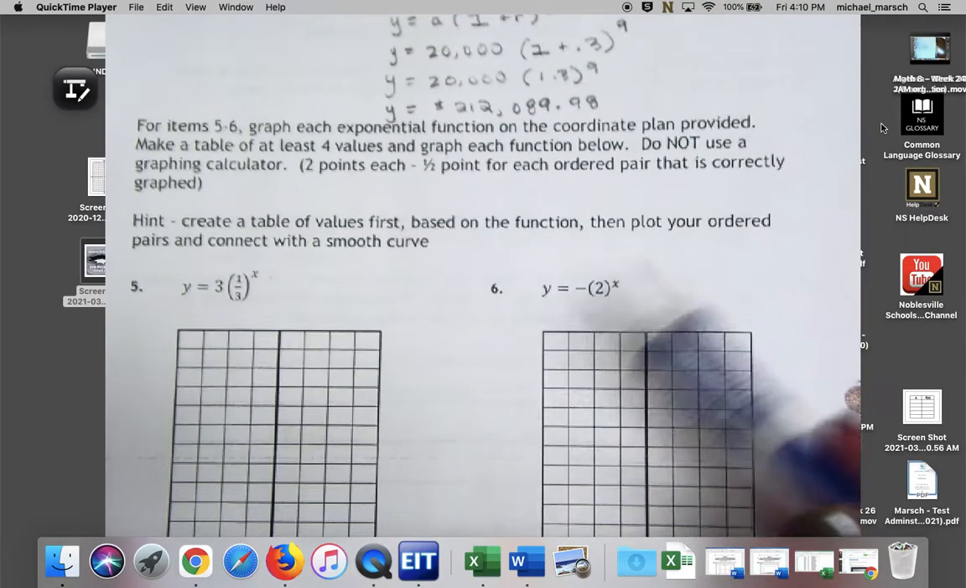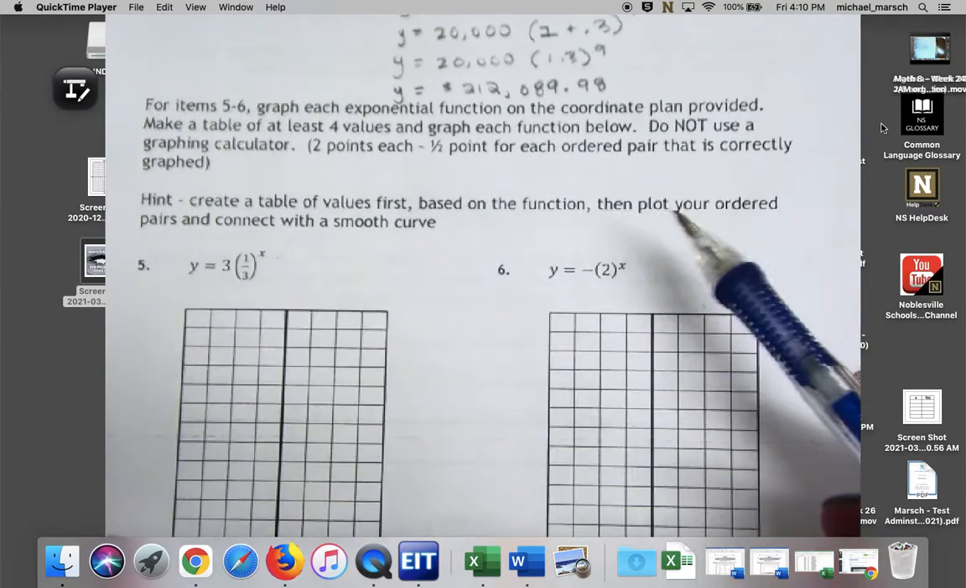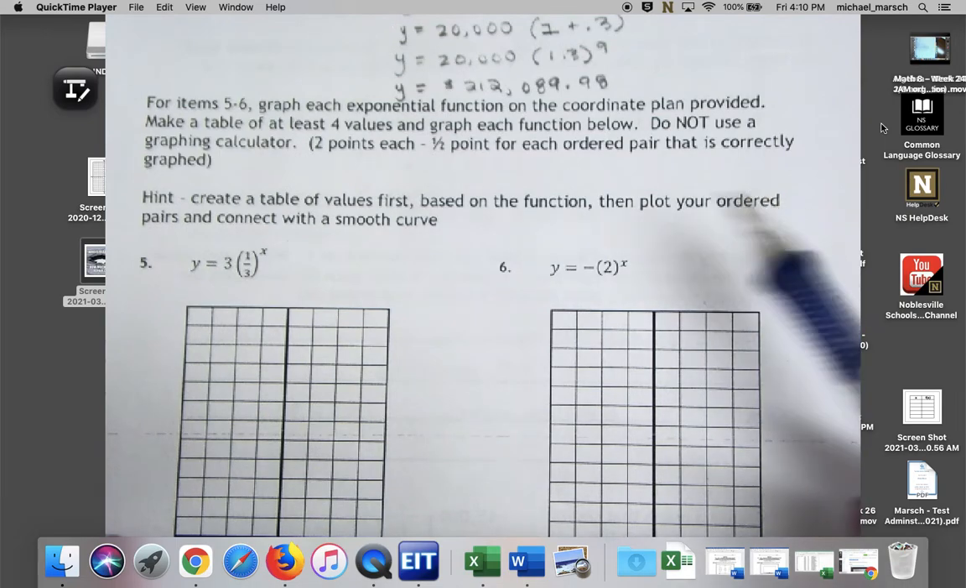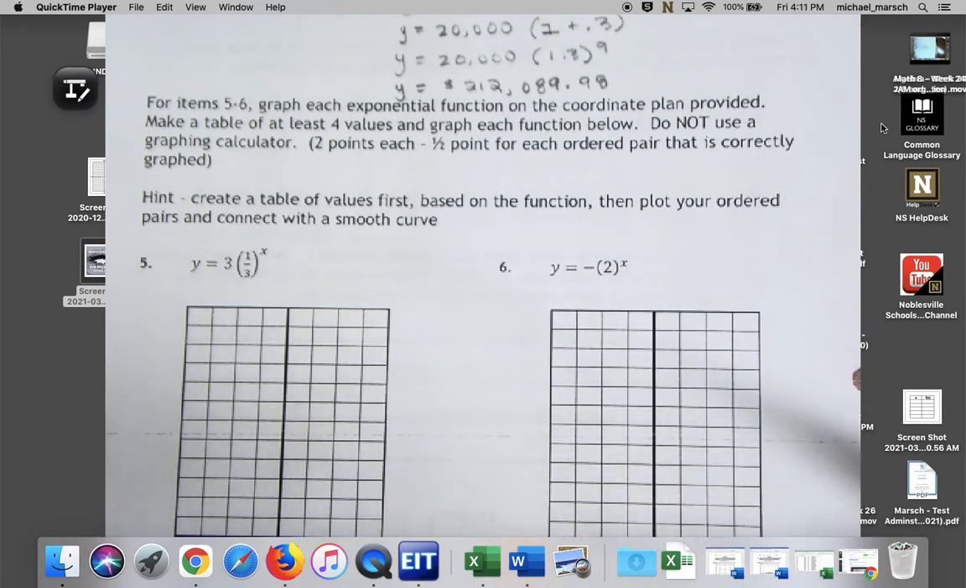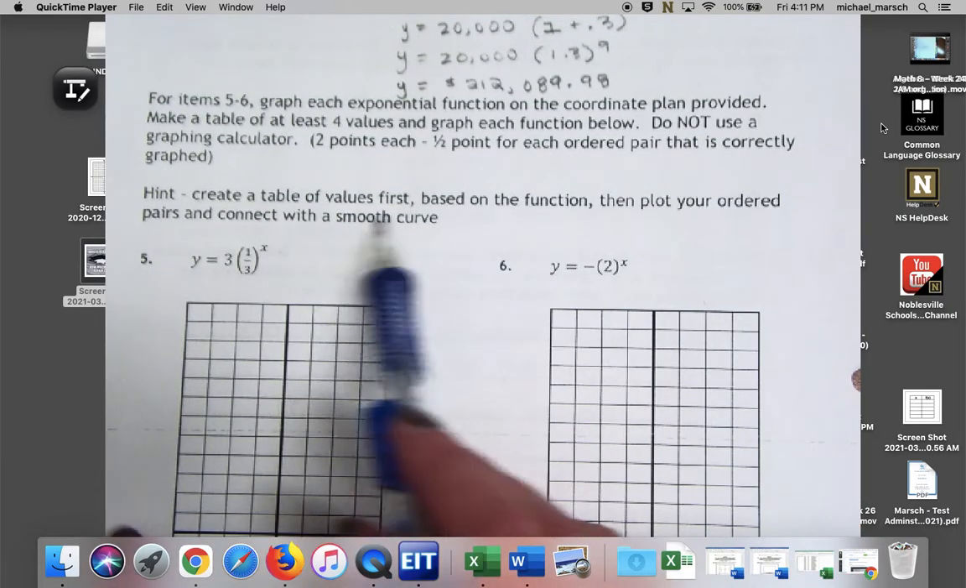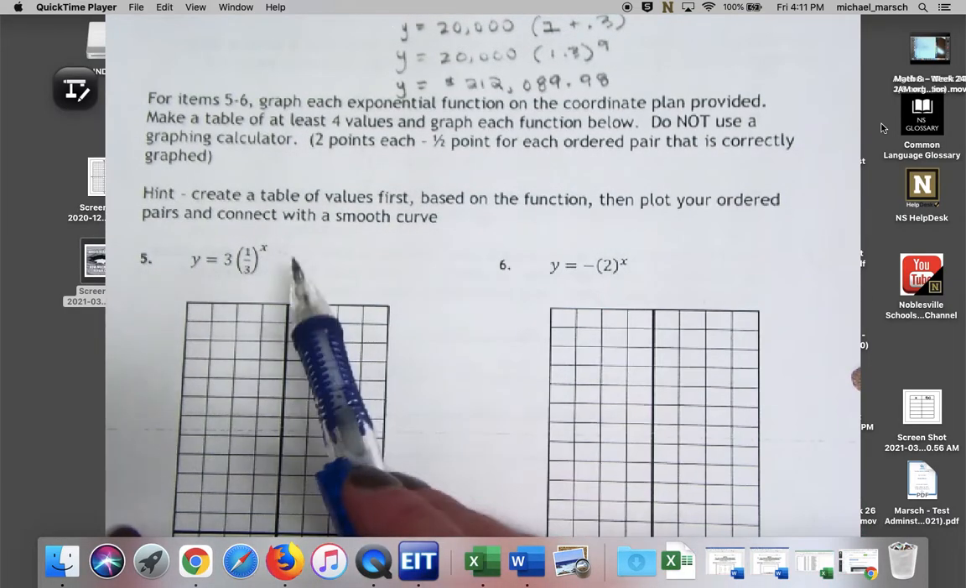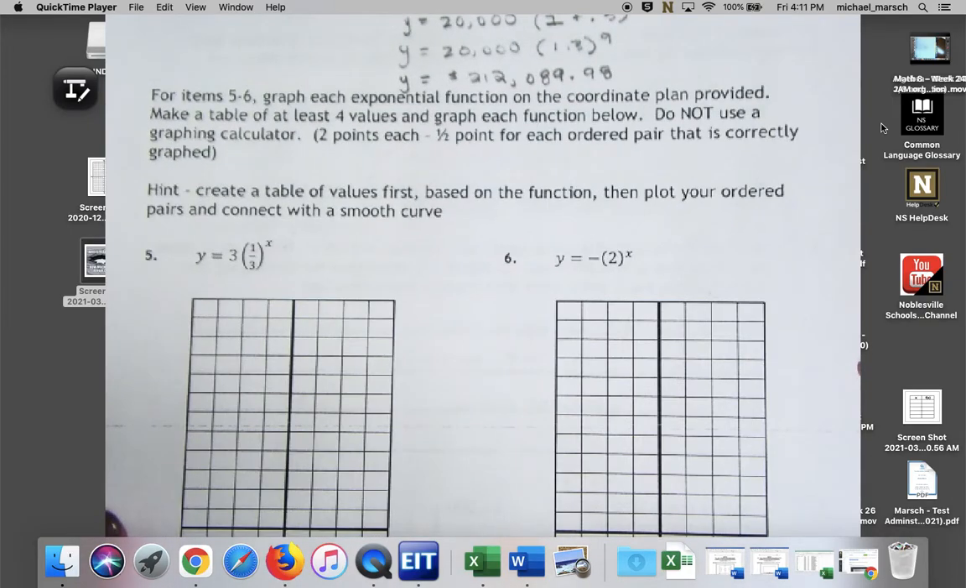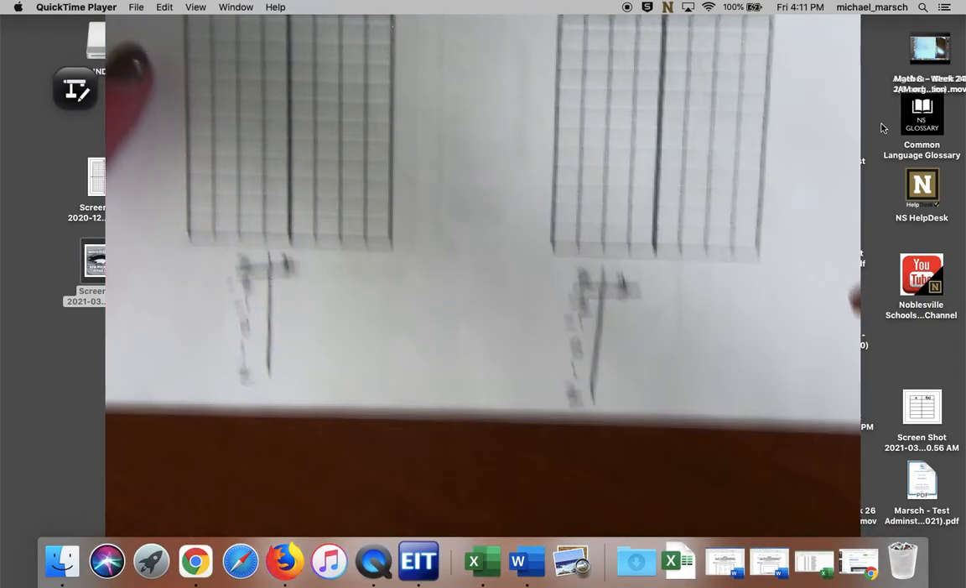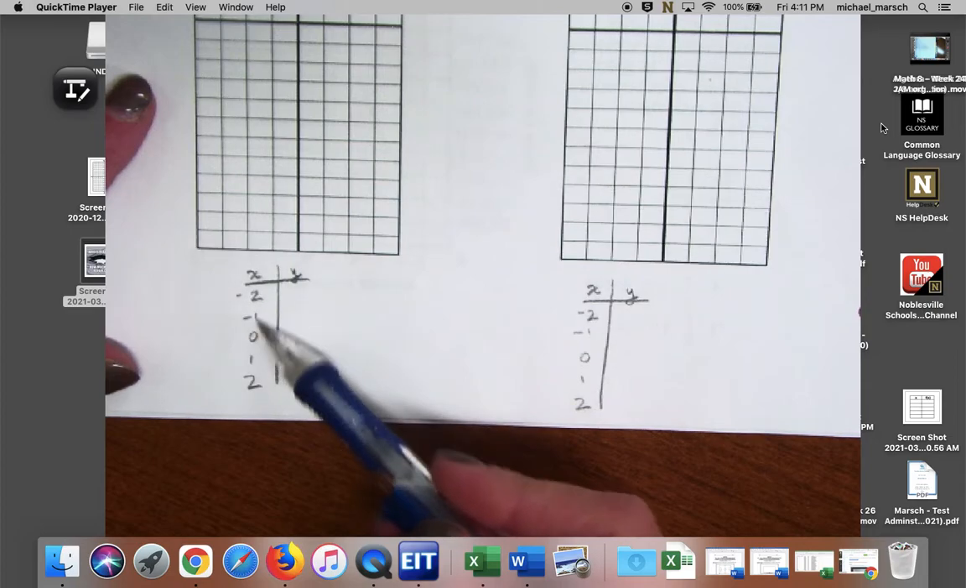provided. Make a table of at least 4 values and graph each function below. Do not use a graphing calculator. Okay, we have never done that, so I have no worries about you guys doing that. I put hint, create a table of values first based on the function, then plot your ordered pairs and connect with a smooth curve. Okay, so here we go down here to our tried and true -2, -1, 0, 1,